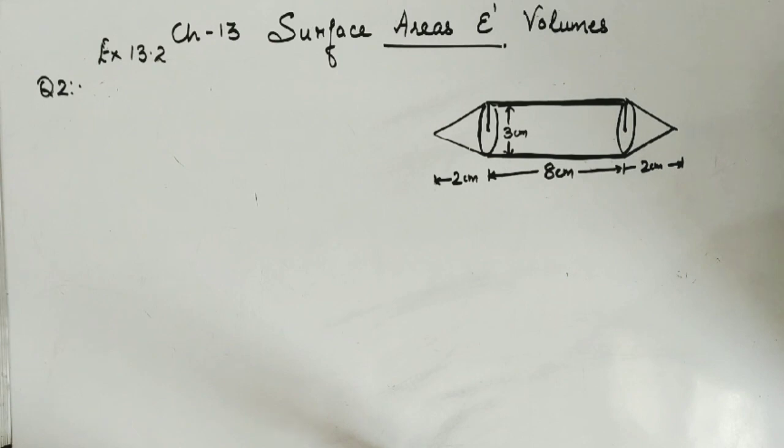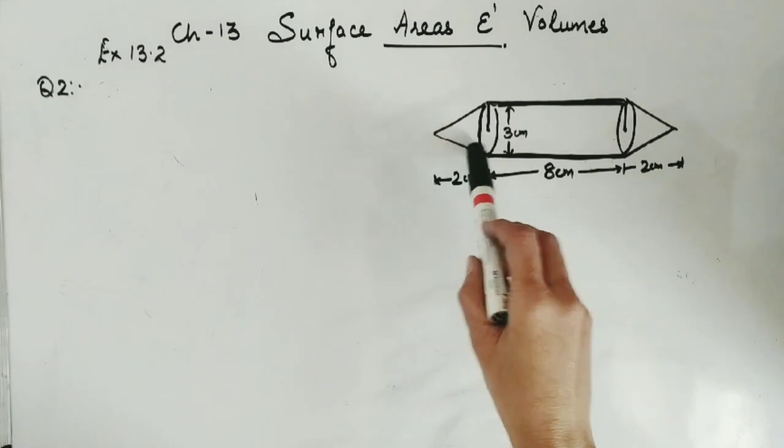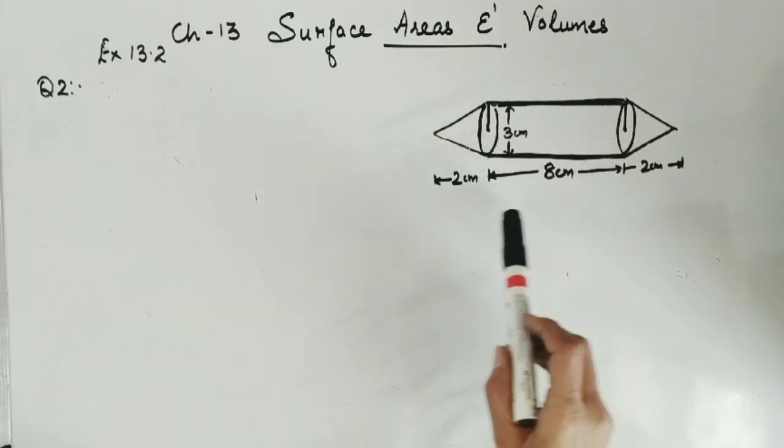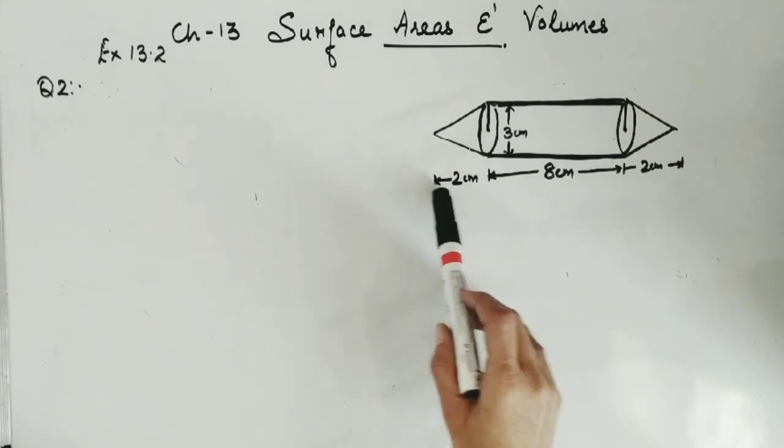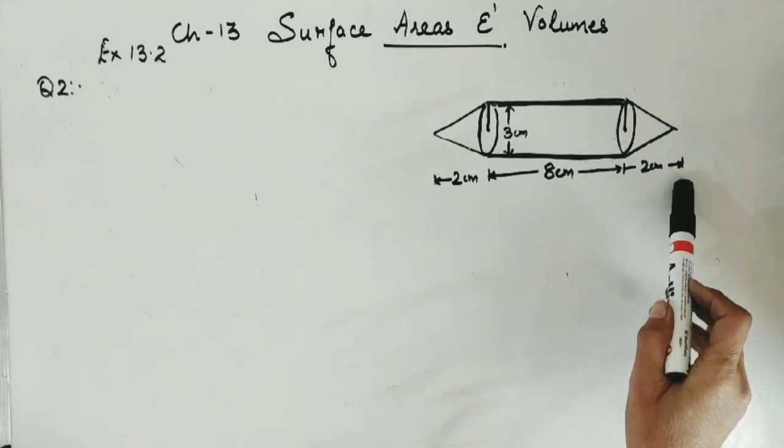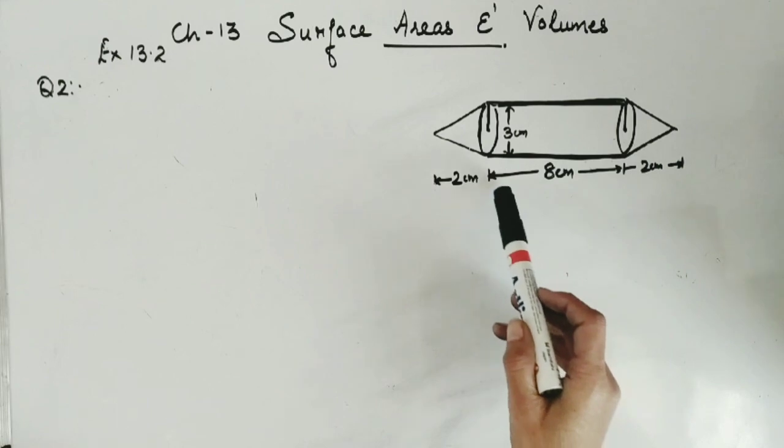Question number 2 is on volumes of combination of solids. Here one engineering student was asked to make a model which comprises a cylinder in the middle and conical ends. The total length of the model was 12 cm and each conical end is 2 cm. So from there we can easily make out that